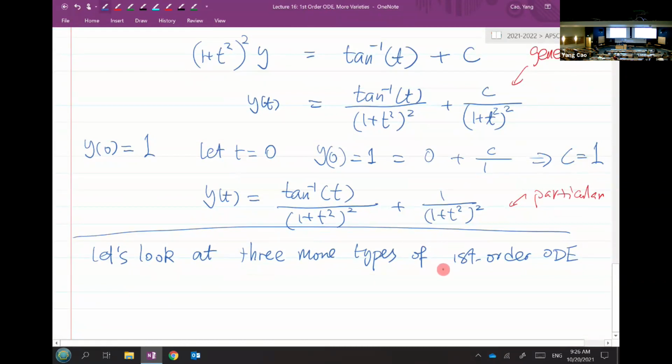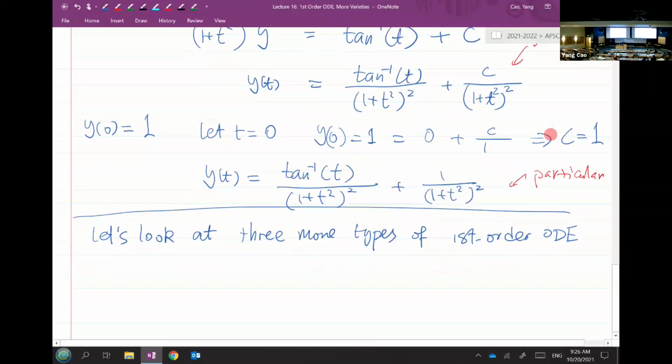Okay, so the three types that we're going to look at next, they're not necessarily linear. I say most of the time they're actually non-linear. But we're going to look at how we can solve these three types of first order ODE analytically or mathematically. The first type